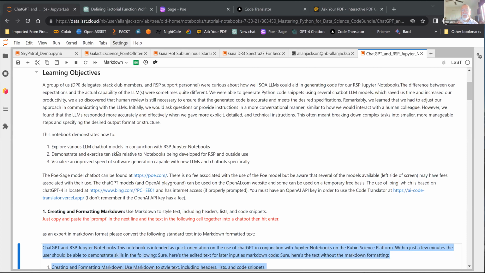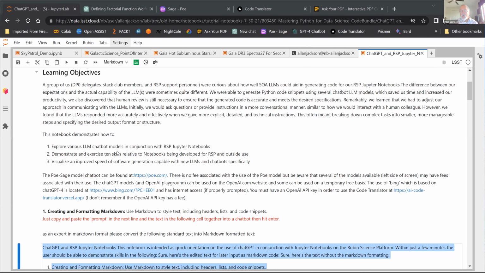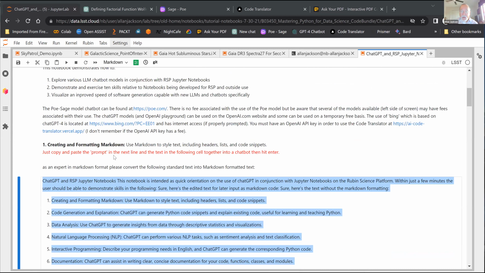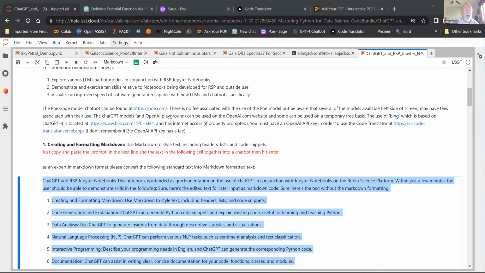It's a little different, this particular notebook. Like Doug said, it's more of a cut and paste. It's not the type of notebook that you would just hit run in the Rubin Science Platform and let it go through and then look at the results piece by piece. In this one, you'll cut a little prompt out, and cut some text in an adjacent cell, and then those two together, you'll hit run in a chatbot, and the result will be available for you to paste back into the notebook.